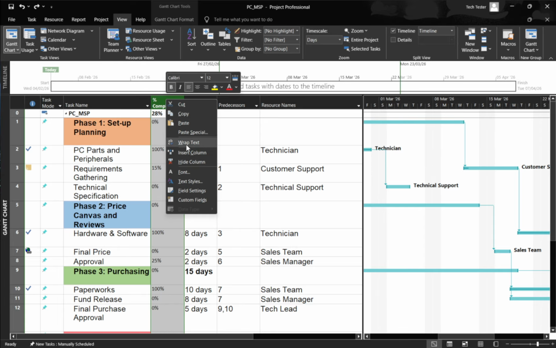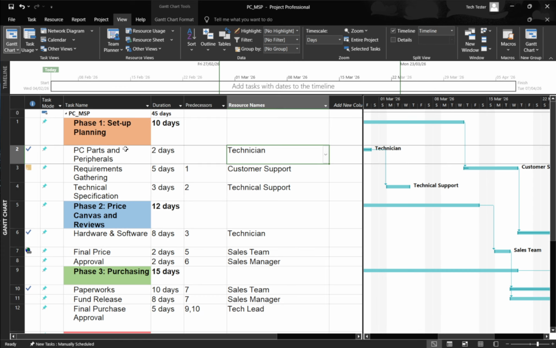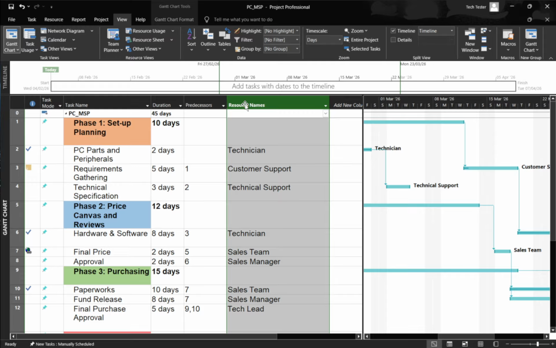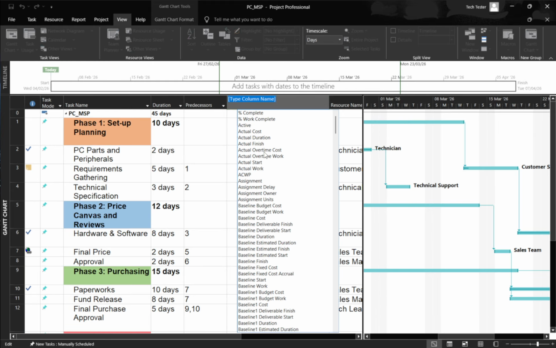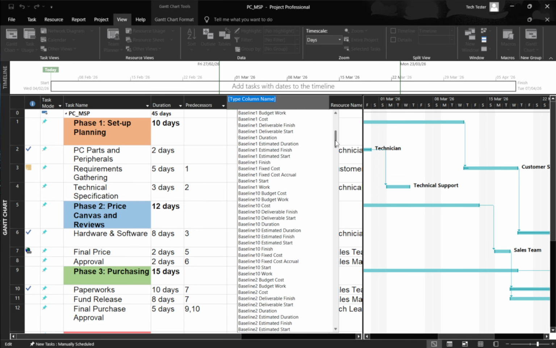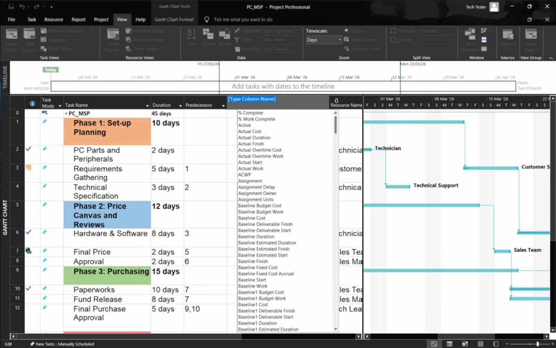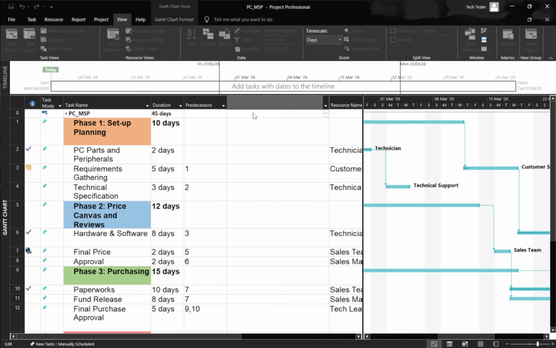If you want to show a hidden column again later, decide where you want it to appear. Right-click the header of a column that's next to the spot where you want the field to return. Choose Insert Column. You'll see a list of fields. Start typing the name of the field you want, like Start, Finish, or Cost, or scroll to find it, then select it. The column will appear at that location with all its original data, exactly as it was before you